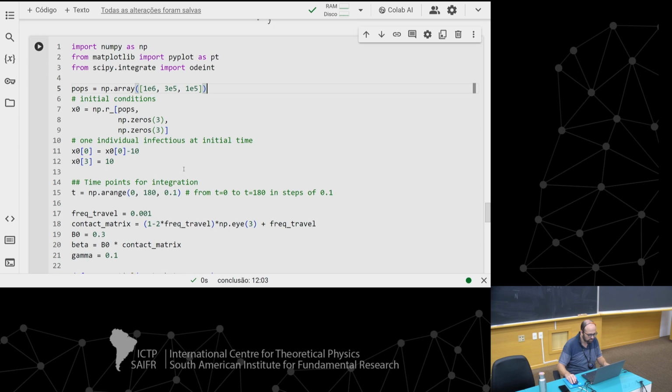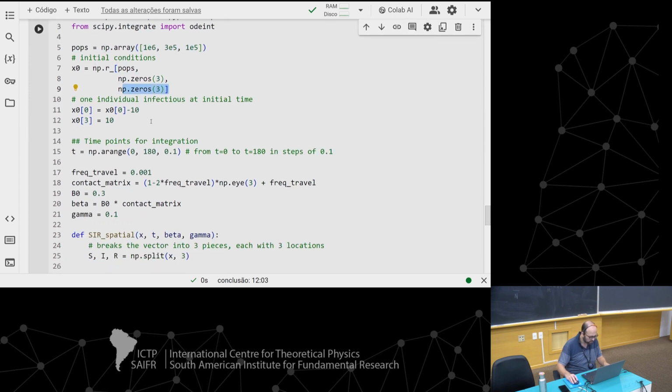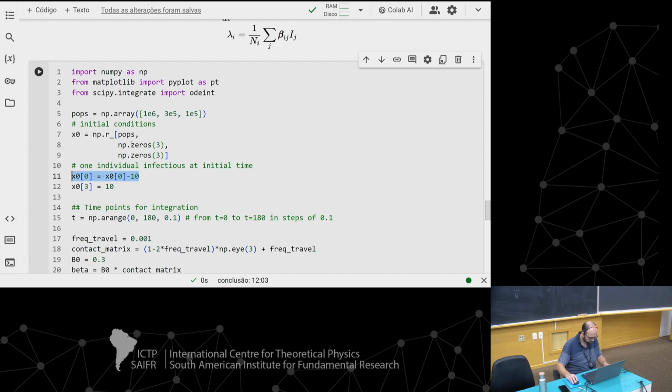The initial conditions are once again everyone susceptible, these are the populations of each city, and zeros for I and zeros for R. Now I put 10 infectious individuals on the first city, the city with index 0, and